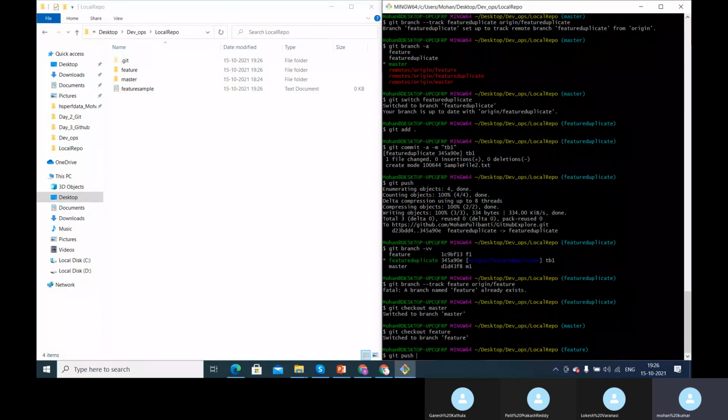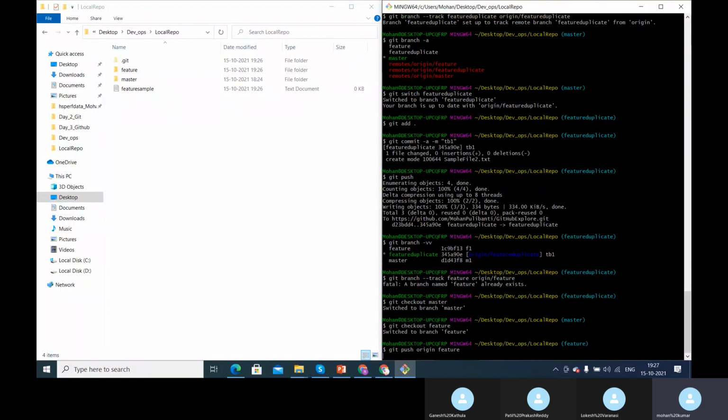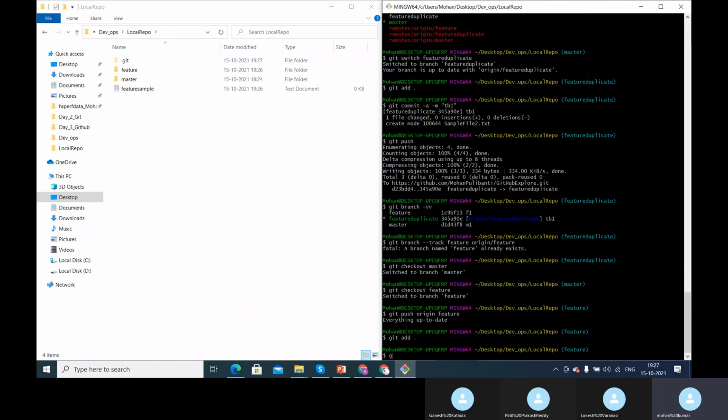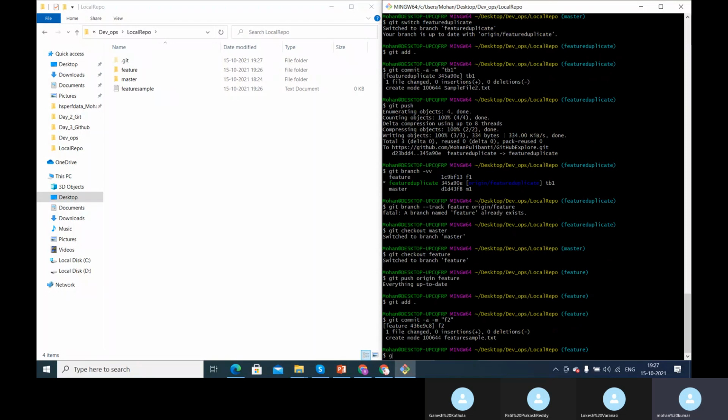Git push origin feature. Everything up to date. Oh, I haven't committed the feature file. Let me commit that. Git add ., git commit -a -m, and the feature 2.